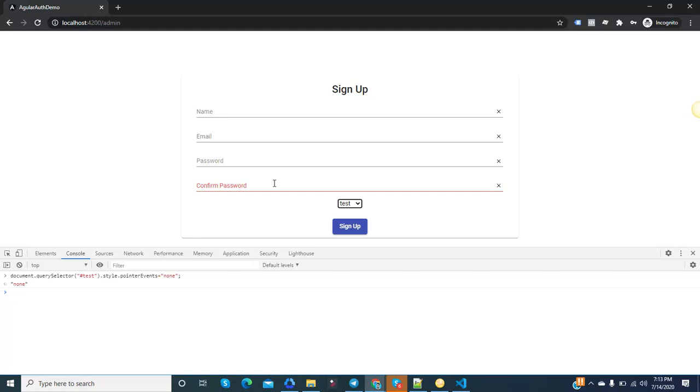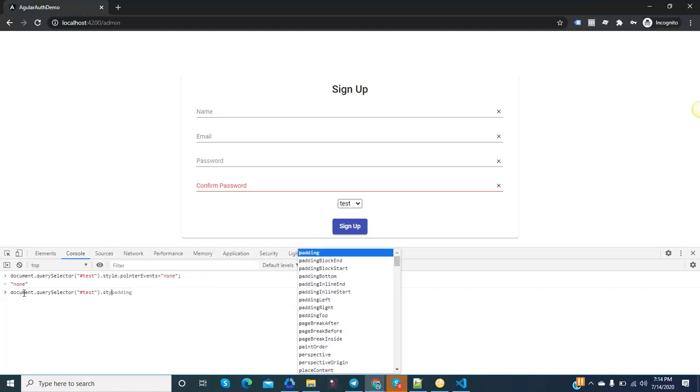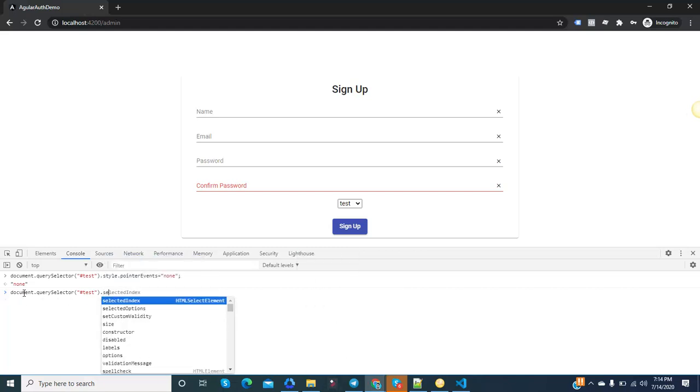If you want to restrict the user from changing the value, then you also need to use some other things. Here you need to use the tab index. So again I am selecting this query and adding some attribute here. We will use setAttribute, which comes from vanilla JavaScript. You can see here that this is a function, and it takes two parameters: one is the attribute and the other is its value. The value should be -1, and the name will be tabindex.